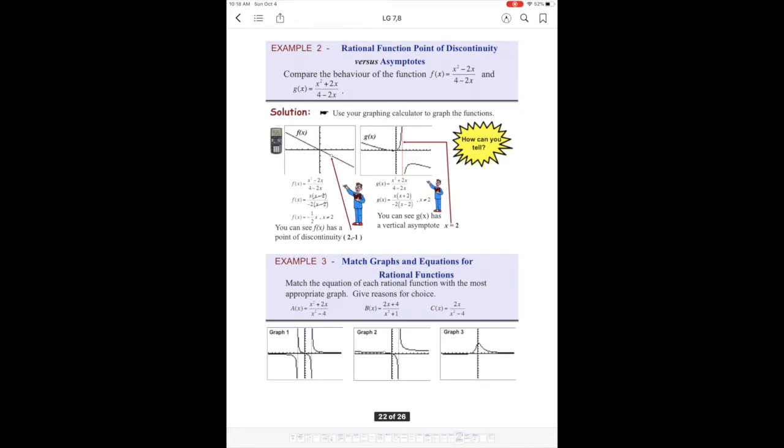Hello, we're back here with Learning Guide 8, continuing on. We're looking at example 2 here, and this example is looking at point of discontinuity, which we call PODs, versus asymptotes. All right. So how do we know the difference? So when we look at a function,